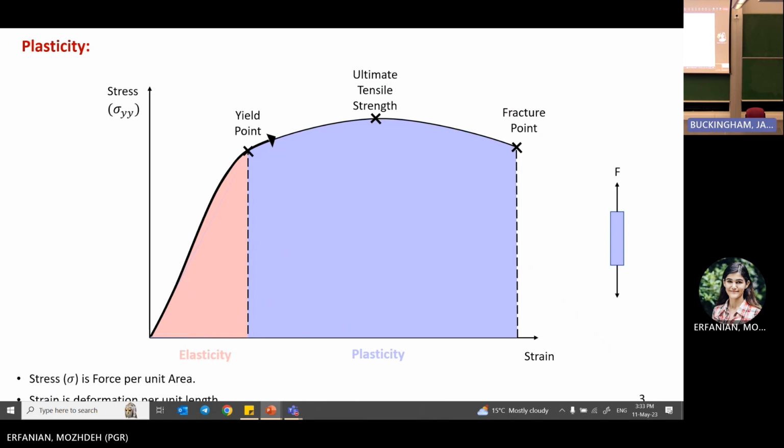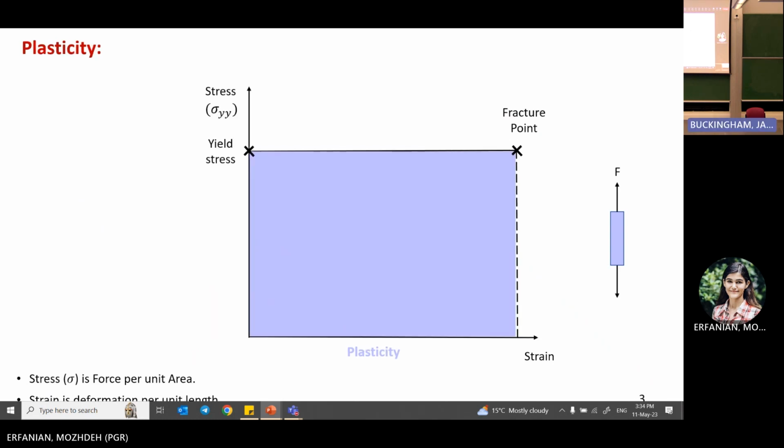But the truth is that the elastic region in metal is so much smaller than the plastic region. Therefore, in order to make the model simpler, we completely neglect the elastic part and therefore the elastic equations. So why not make it even simpler by considering a constant force instead of a varying force? Now this material model is called perfect plasticity,